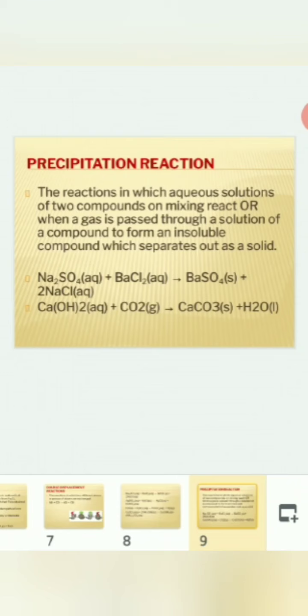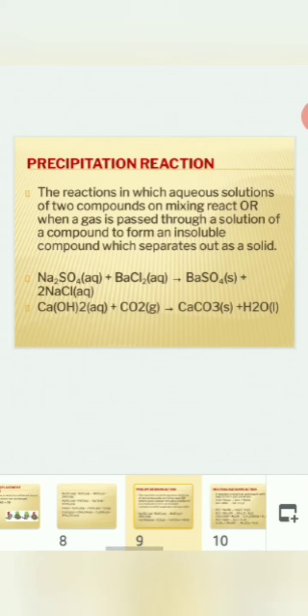Next you have calcium hydroxide reacting with carbon dioxide. Again, this is a very important reaction. Calcium hydroxide is also called lime water. So when you pass carbon dioxide gas through lime water, there is a formation of calcium carbonate, that is a white precipitate formation. This is also called milkiness. Milkiness means a white residue is formed in the product. So you can see the solution will turn milky because of the formation of calcium carbonate, and water will remain suspended.